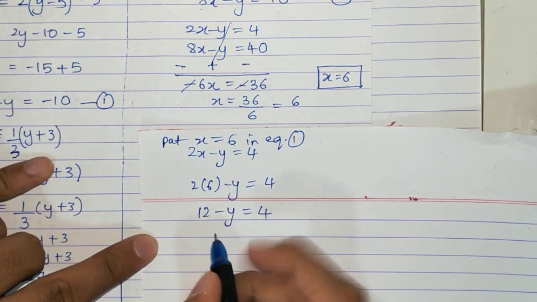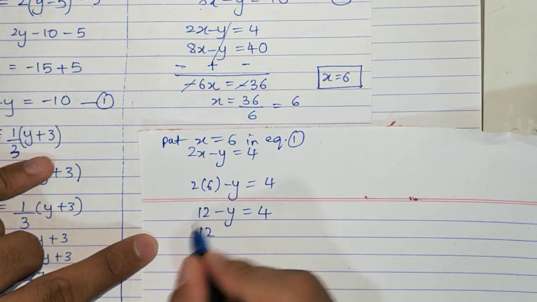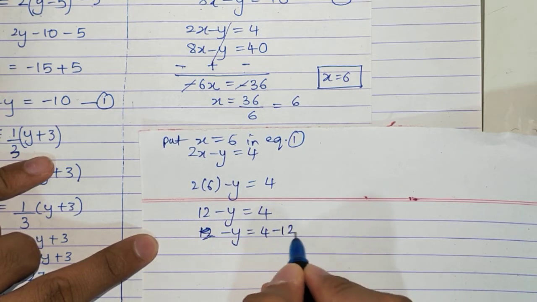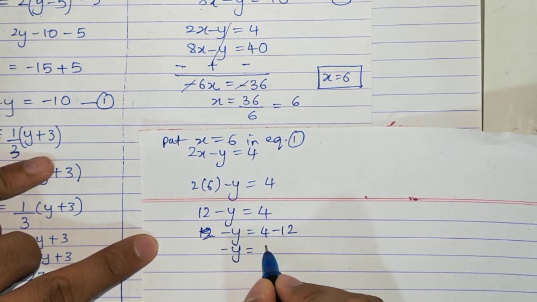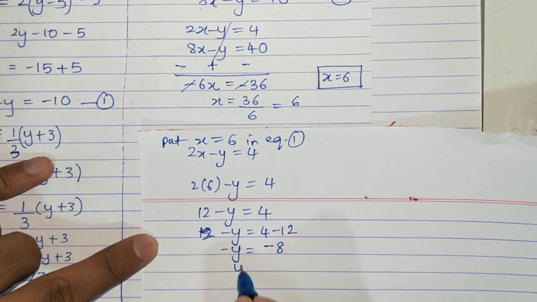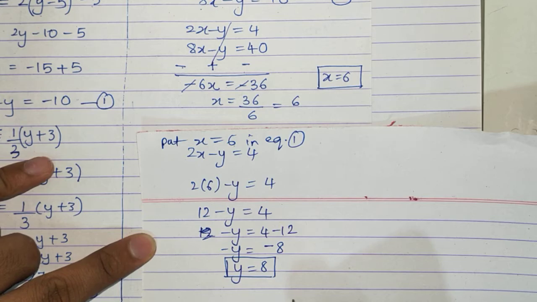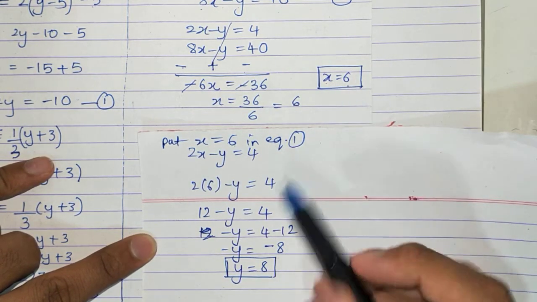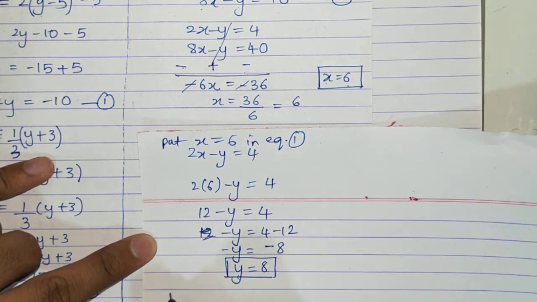Now let's shift this 12 here. So minus y equals 4 minus 12, minus y equals minus 8. So y equals 8. You got the value of y as 8. That means my numerator is 6 and my denominator is 8. Therefore, the fraction is